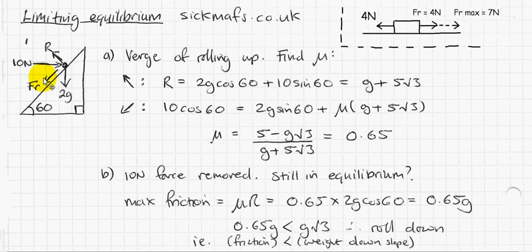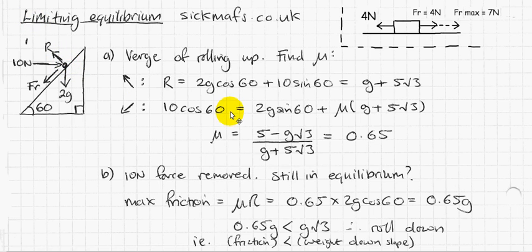So if this is 60, you've got your right angle triangle here, and the angle is there, and we want this component of it. That component is away from the angle. The angle is here, we're moving away from the angle. That means we're using 10 newtons sine 60. 10 sine 60 newtons. So 10 sine 60 plus 2g cos 60 balances with the reaction